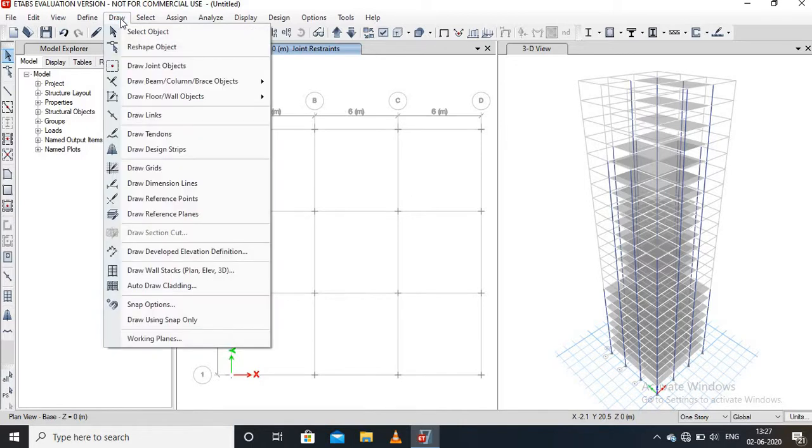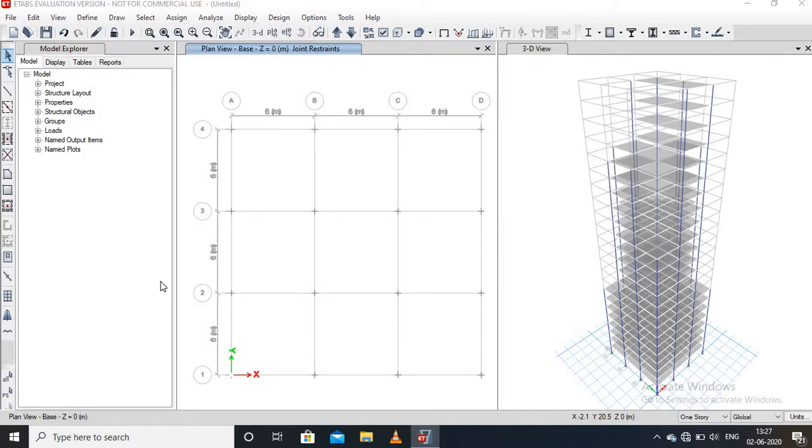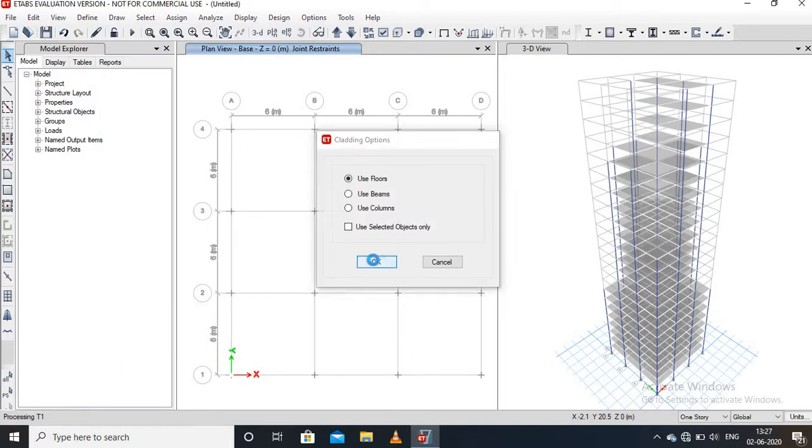Go to the draw option and go to auto draw cladding, then press OK.